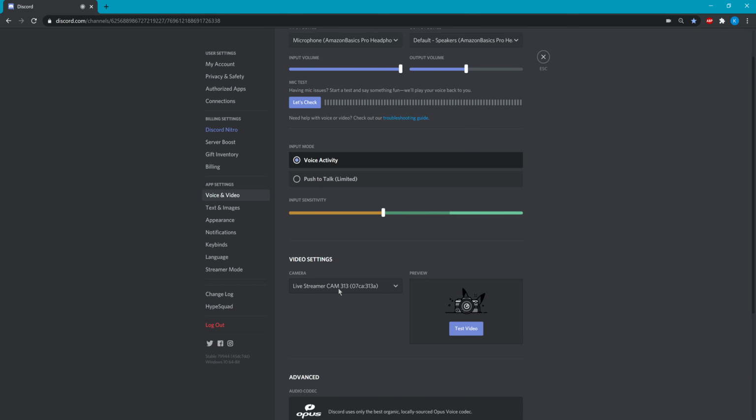The other thing we want to look at in here is your video settings. Again, the same thing. If you're using your webcam or if you plug one in, in this case, I have a webcam plugged in here that I picked up for like $30